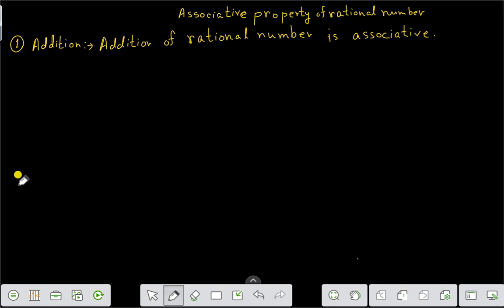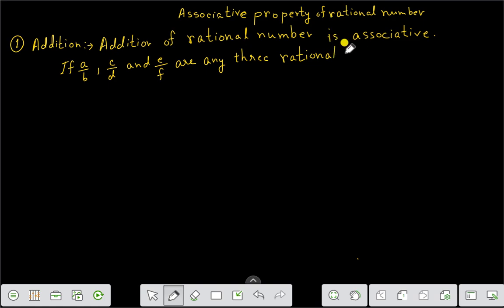If a by b, c by d and e by f are any three rational numbers, then we can write